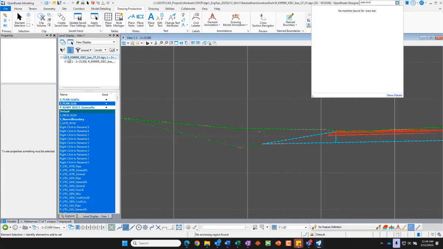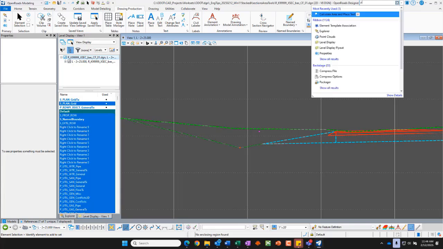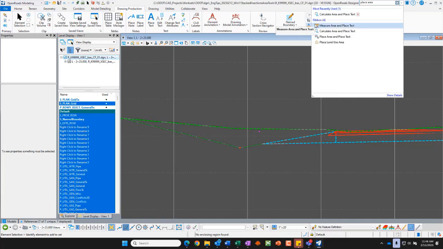So I'm going to backspace over that, and I'm going to type the word place area. And when I type place area, I get 4 things popping up from the ribbon, 3 of them that I'm interested in today, these upper 3. Measure area and place text, calculate area and place text, place area and place text. These are all on the same group of tools on the drawing ribbon workflow, the analyze tab in the area